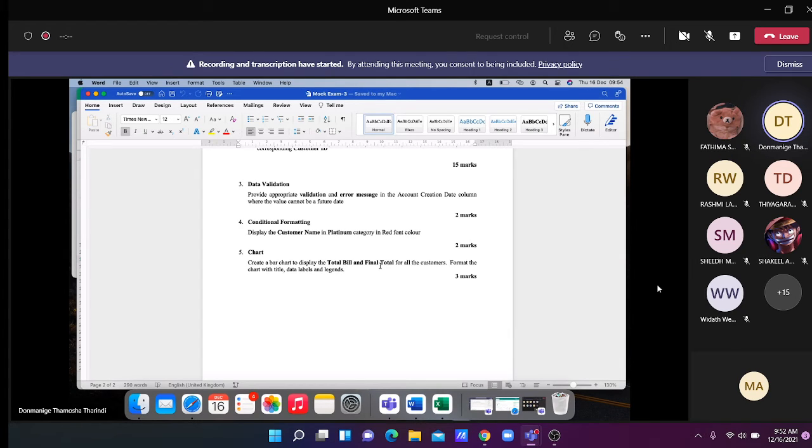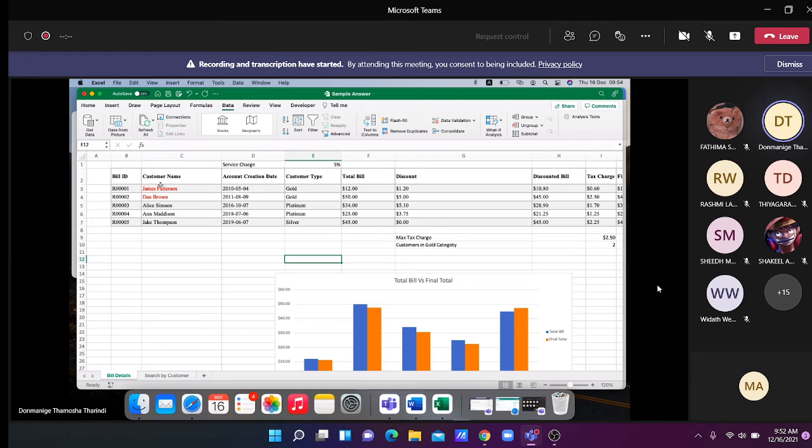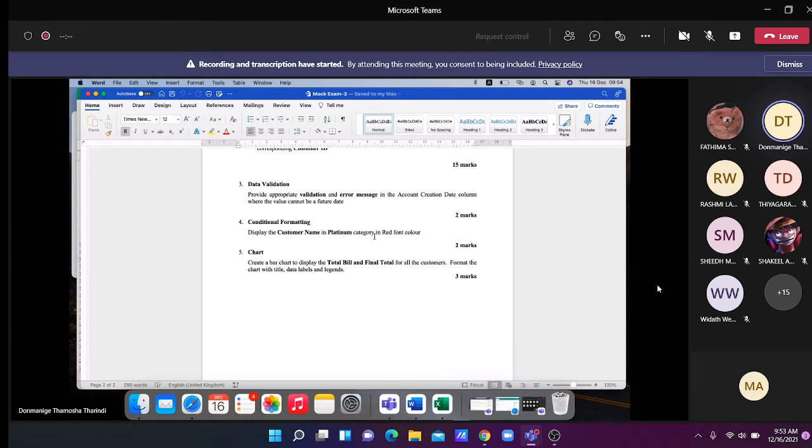Yes, madam. Okay, the fourth question is on conditional formatting. Display the customer name in platinum category in red font color. So you have to display the customer names in platinum category in red font color.